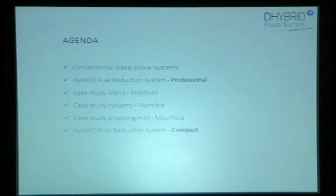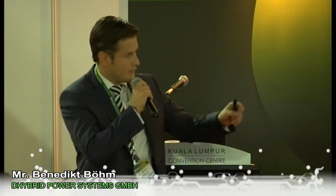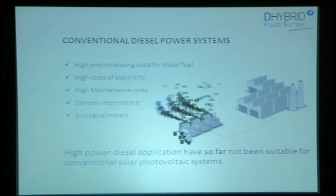I want to go into a bit of detail about the conventional diesel power supply, especially in regions in Southeast Asia. Diesel generators are still a very common source of energy. On islands, but also for industry, production and tourism, you'll have, in many cases, diesel generators running to provide electricity. The downside of that form of energy generation is that you consume a very high amount of fuel to supply yourself with energy, and that comes along with a very high cost of